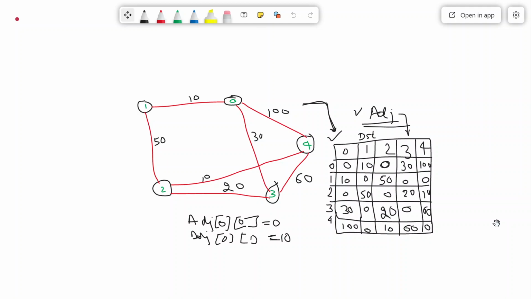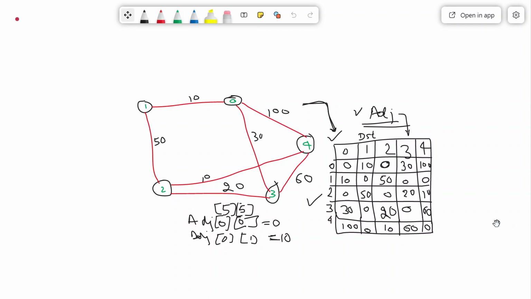Just a matrix. If there are 5 vertices, we will give a 5 by 5 matrix as input. How many vertices does your graph have? If it has 5 vertices, we give a 5 by 5 matrix, and that represents the entire graph. How? I have already shown you. So problem 1 is solved, that is how you give this input to the C program.